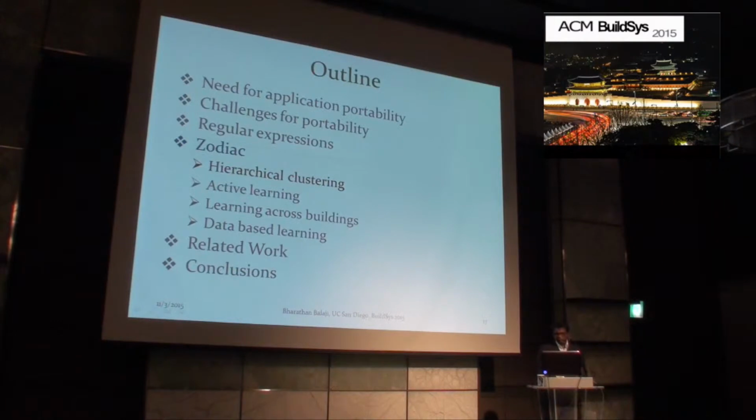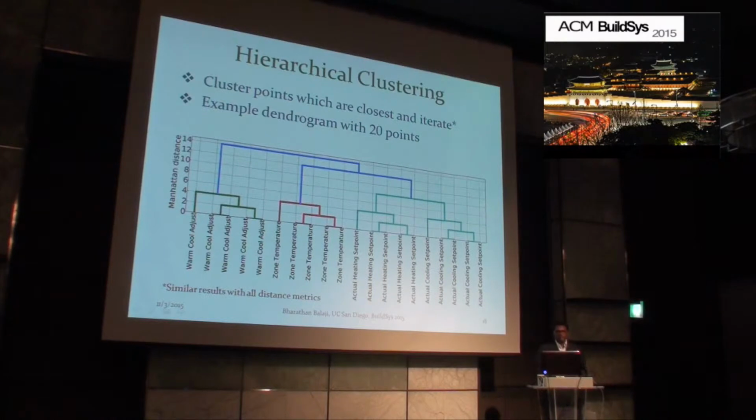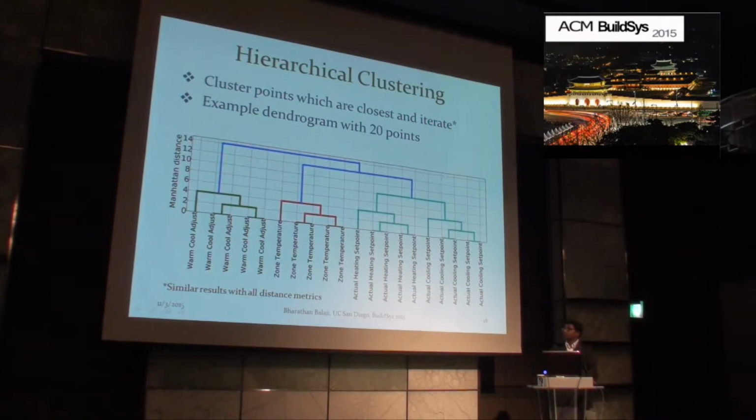Next, we do hierarchical clustering, which is also called agglomerative clustering. What it does is it takes 2 points which are very close to each other by some distance metric and puts them together. And we tried with a bunch of different distance metrics and it's similar. This is an example clustering that's happening for 20 different points in our building. And as you can see, the points which are very, very close to each other get clustered together first, and then the clusters which look similar get together next, and so on and so forth, and all of them form